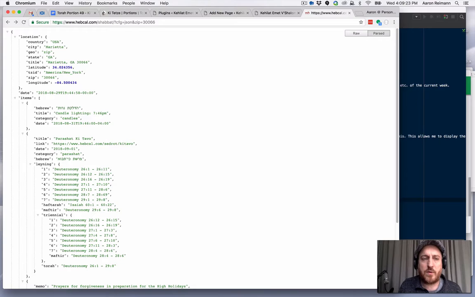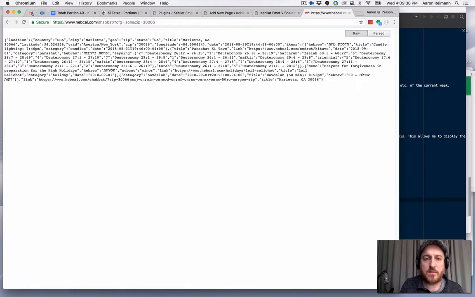And so if you go to hebcal.com/Shabbat/?cfg=json&zip= and then your zip code, you'll get a feed that looks like this. It doesn't do you much good unless you have something that can parse that, and so that's exactly what our plugin does. Right here, I'm using a little extension,